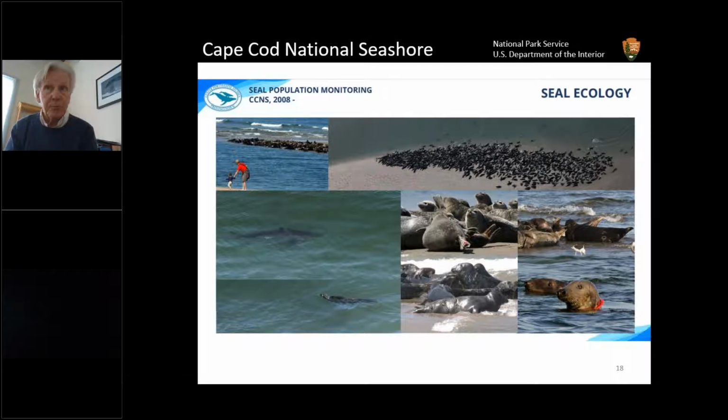That little public policy basically eliminated the gray seal population here on the Cape until the 70s or 80s, when the Marine Mammal Protection Act protected them, and they started to slowly repopulate this area